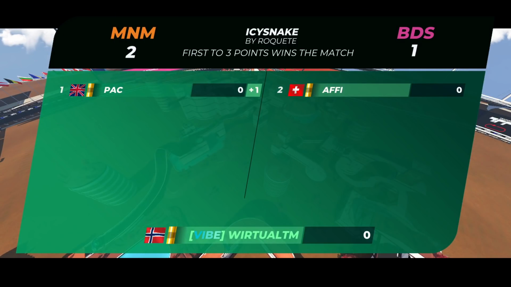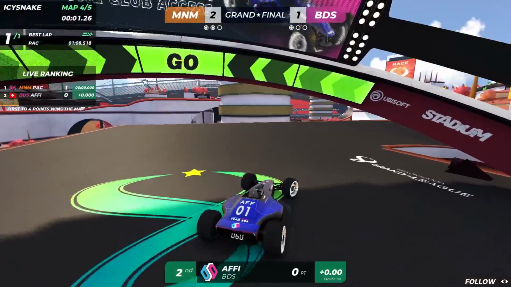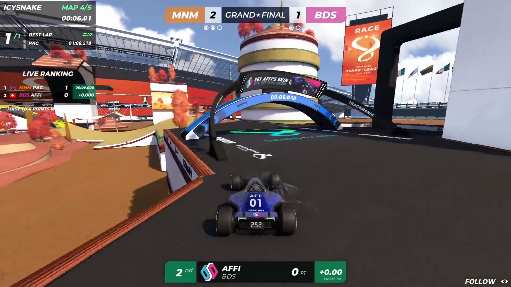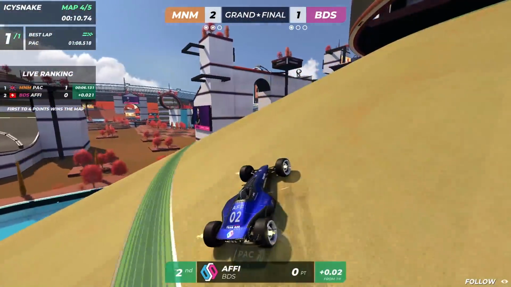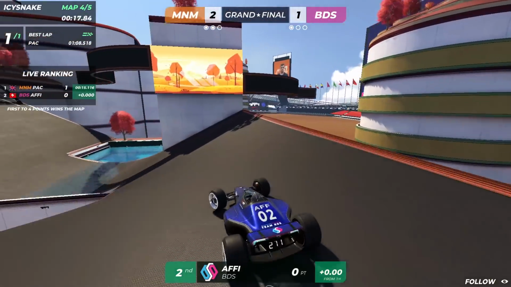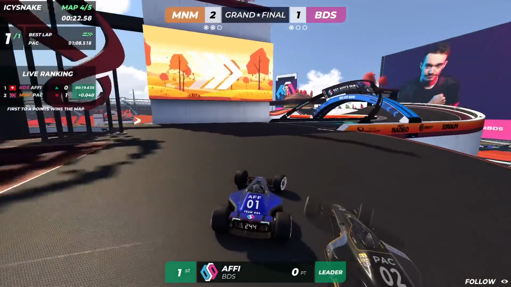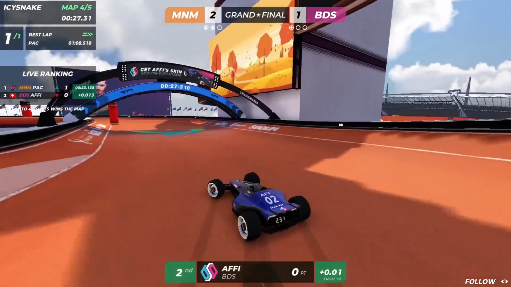Affi clipped just a little bit on the last corner and loses that round by a tenth. He almost had the comeback, but Pack holds strong, 1-0. And again, three rounds away from becoming the Trackmania Grand League Fall 2021 champion. Pack, who for the past years has always been in the shadow of Carl Jr. This year, he is not in the finals. It's Affi versus Pack to try to win the first TMGL trophy in three seasons